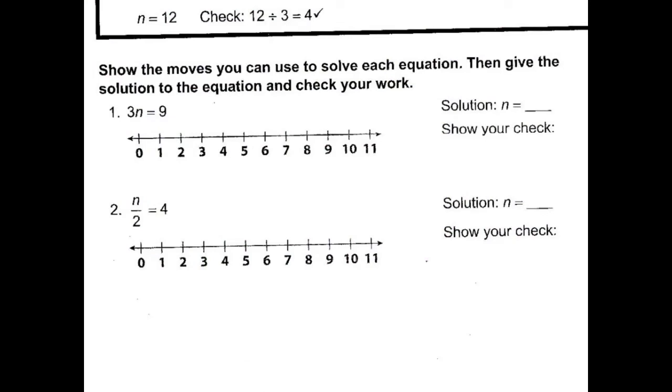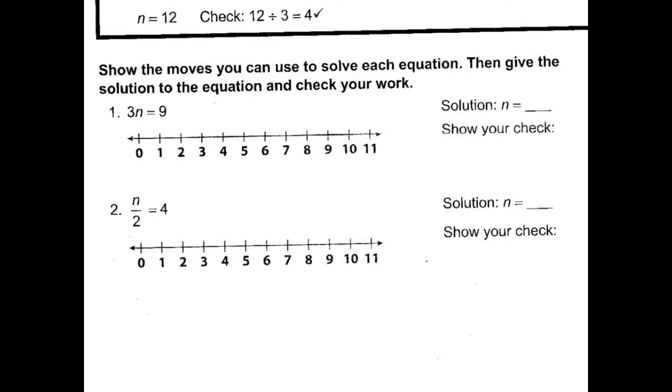Hi everybody, so this is 11.3. We're just reviewing multiplication and division, solving for variables, and then graphing your answer on a number line. So if we take a look at number 1 here, we've got 3 times n, which